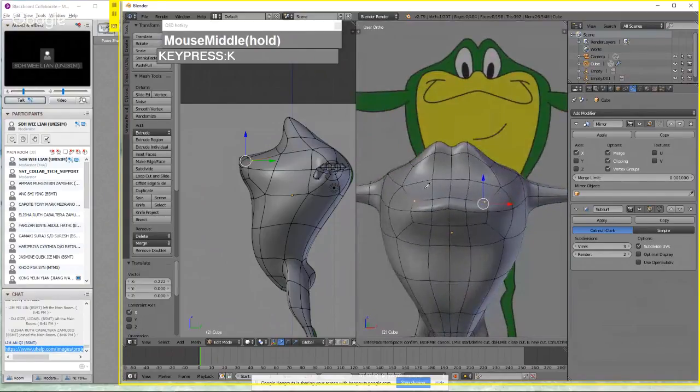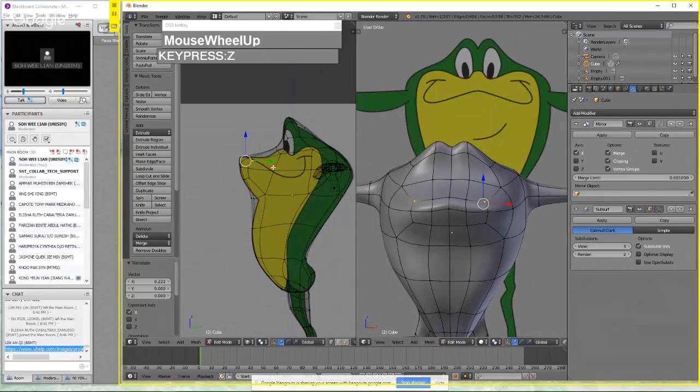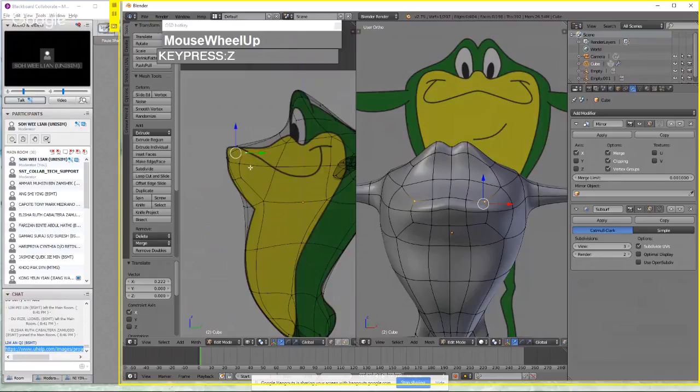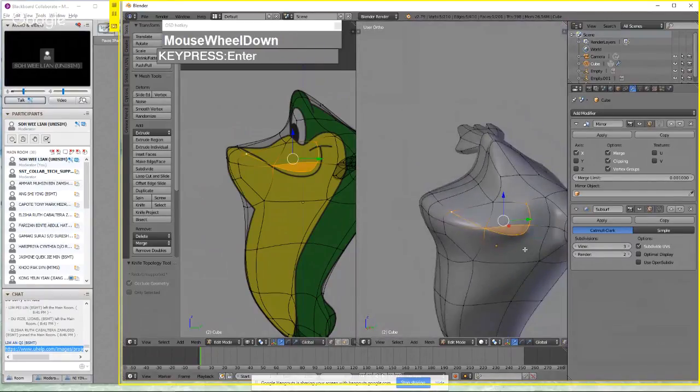Okay, let me take a look at his face again. And maybe, okay, so the smile starts from here to here. So I'm going to cut from this vertex. Okay, and then press enter. So you notice I've created this weird looking smile, and then I'm going to attempt to try to fix this, because when I unsubdivide this,